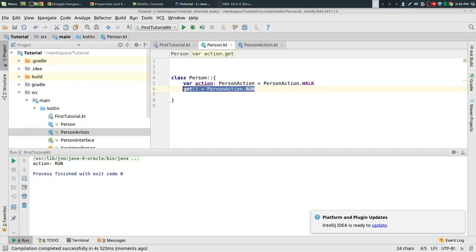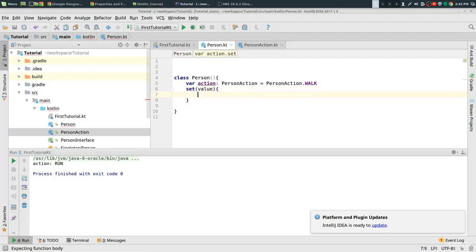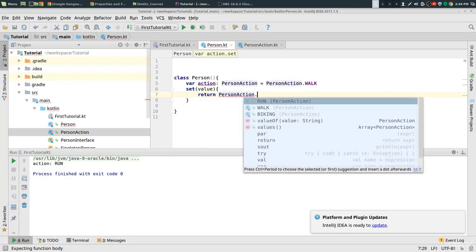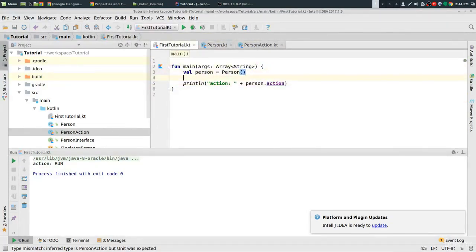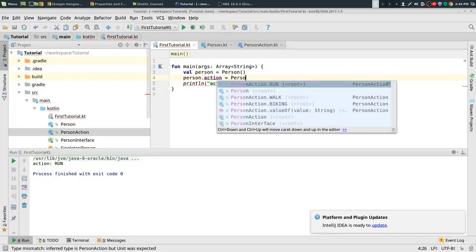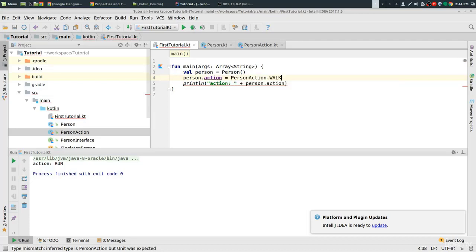We also have a setter that we can change. So we can do set value, and then we can return, say we want to return only person action dot run every single time we do that. So we can do person dot action equals, let's put walking, and it'll be run again. This build and